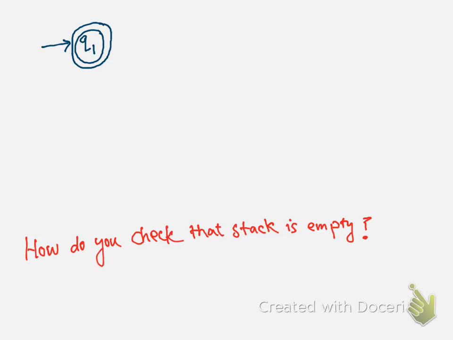At the very beginning, without reading anything on the input alphabet, I am going to push a special symbol, dollar, on the stack, right? When there was nothing in my stack, you can see it like I dropped a coin, let's say $1, in this stack. Then I pushed certain things over a period of time, then I popped certain things over a period of time. As soon as I again see $1 on this stack, I know that I have hit the bottom. The stack is empty. So I use this special symbol dollar.